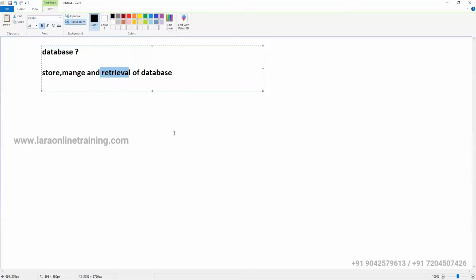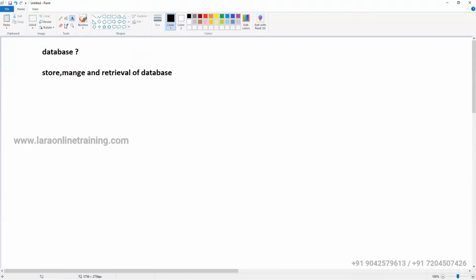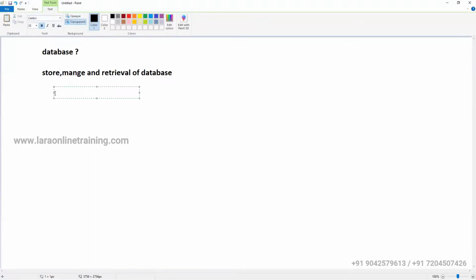Right now you and I are communicating through the English language. If I speak some Chinese, you cannot understand. In the same way, a database can understand only the SQL language. With the help of the SQL language, we interact with the database server. In the same way, we can add data and see data. Data is going to be stored